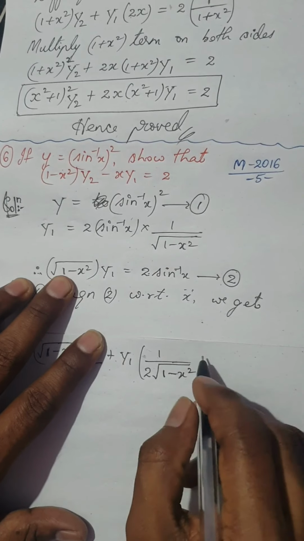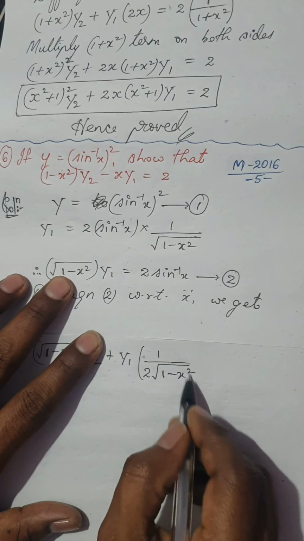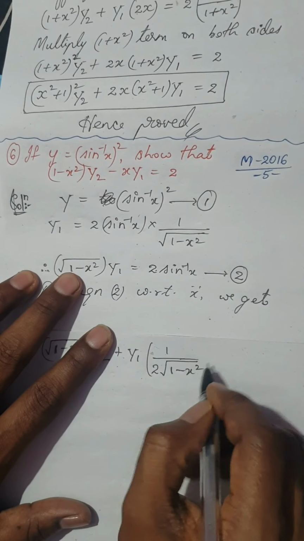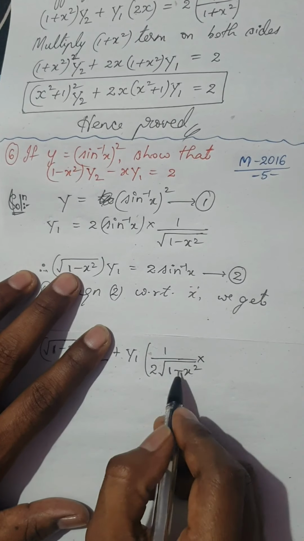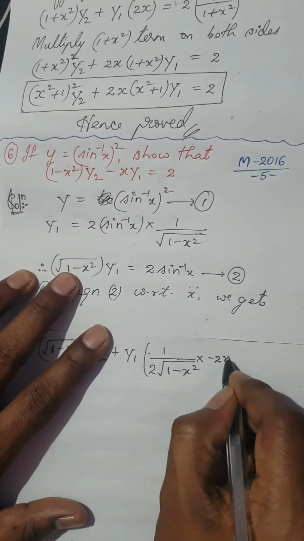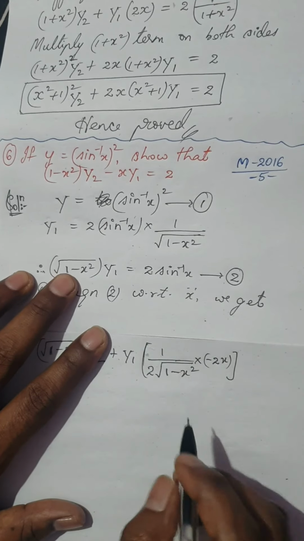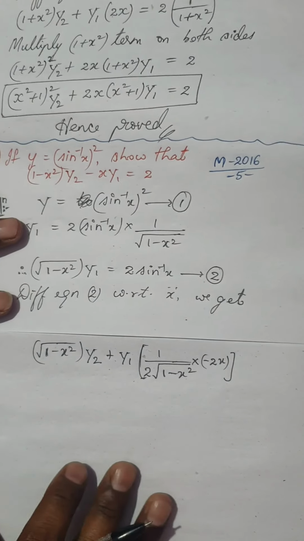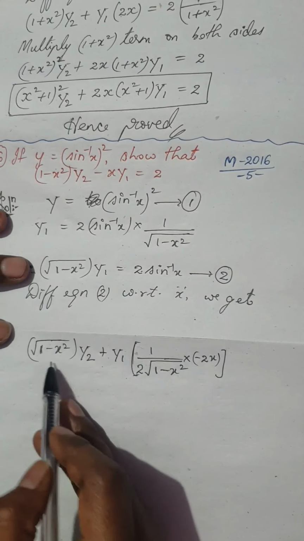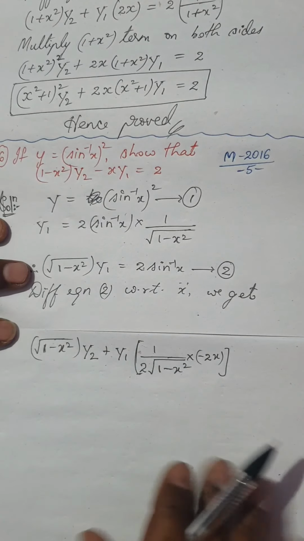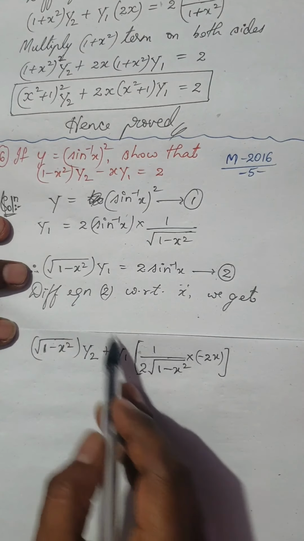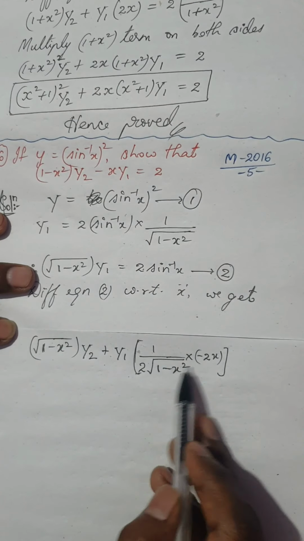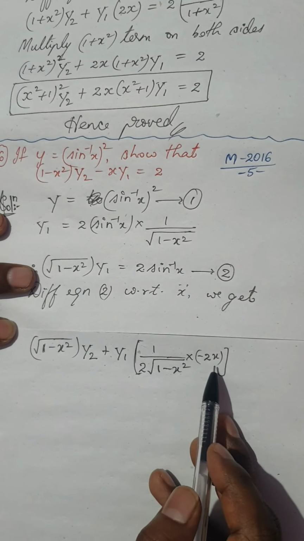So that is 1 minus x square. Remember, here the f of x term is 1 minus x square. So you have to differentiate this again, into derivative of 1 minus x square would be minus 2x. Is it clear? Please be careful in this one step. If you are thorough with this step, you can easily solve this question. So y1 is kept aside. So I have differentiated y2 plus y1 is kept aside. Derivative of root f of x is 1 by 2 root f of x into derivative of f of x, which is minus 2x.